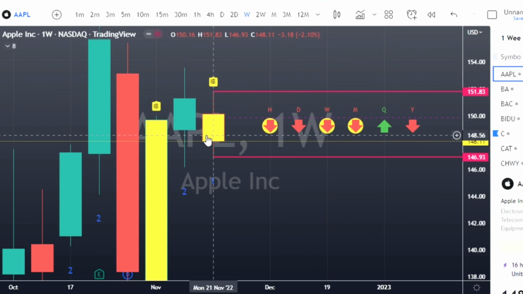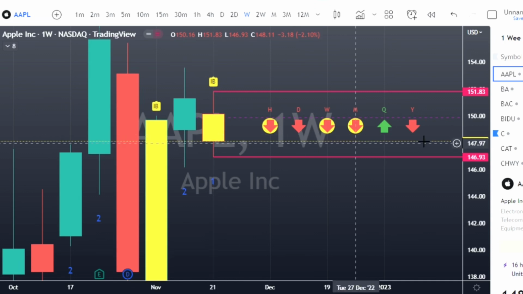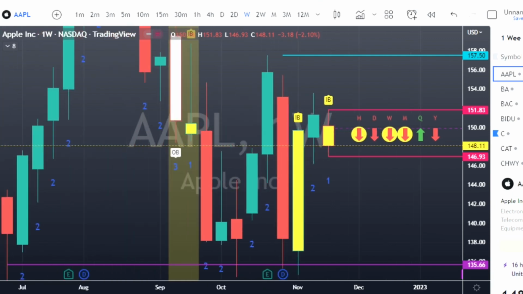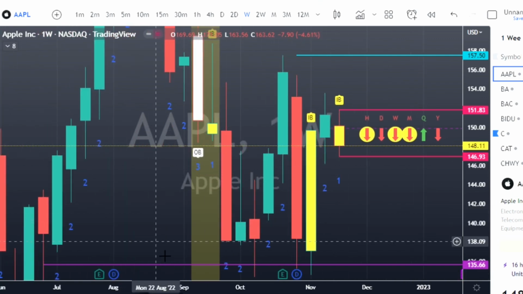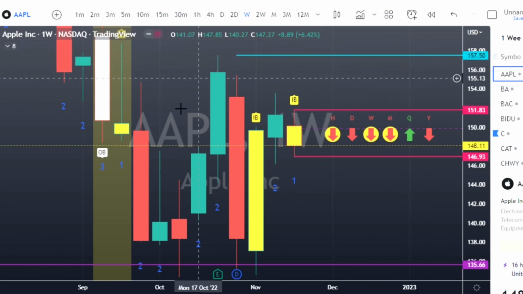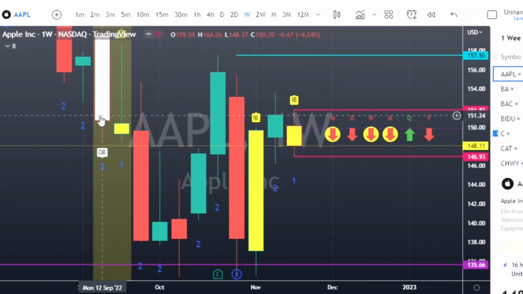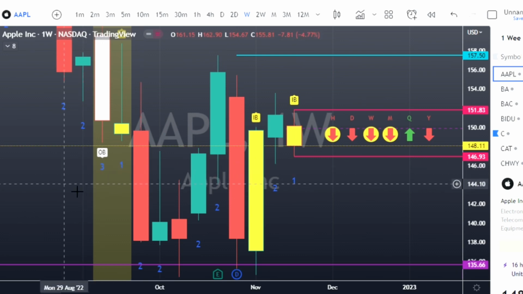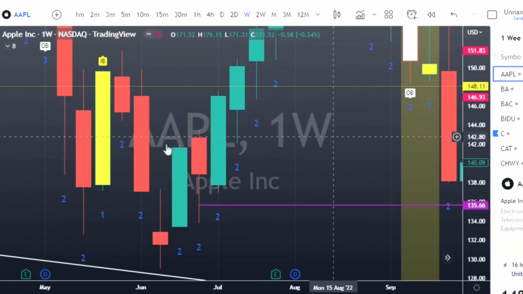And when you have that, you expect to see an explosion to one direction or the other. Now, you can see we've had a nice break off of this inside bar, and I like to go back in time to show you guys that it doesn't always work, and it's based off of probabilities. I'm going to talk about that in a second, but this inside bar here was actually an outside bar inside bar setup, a 3-1 setup, but it ran, we had a really, really great run on Apple on the week of September 26th. You go back to the next inside bar.